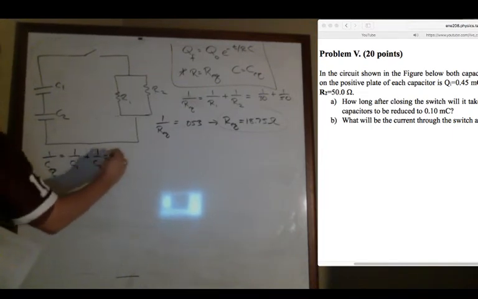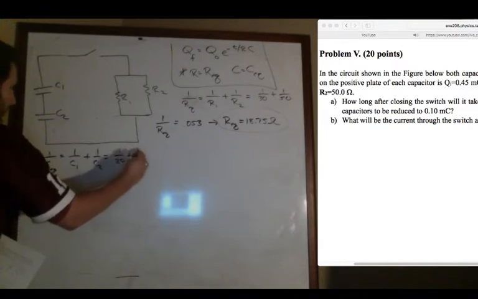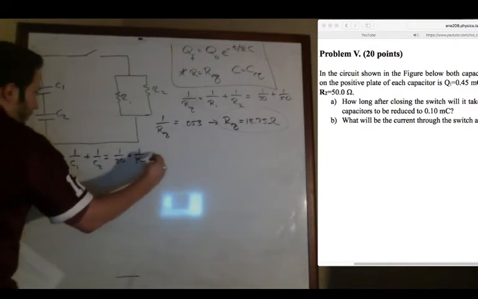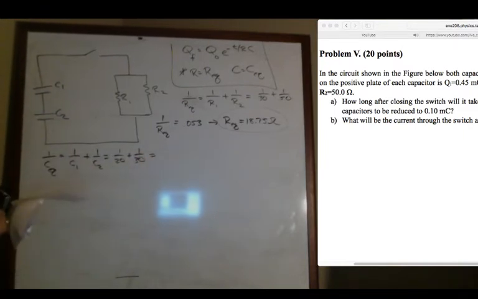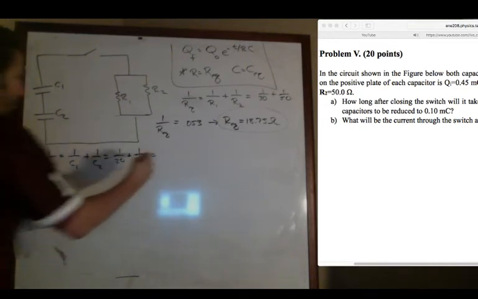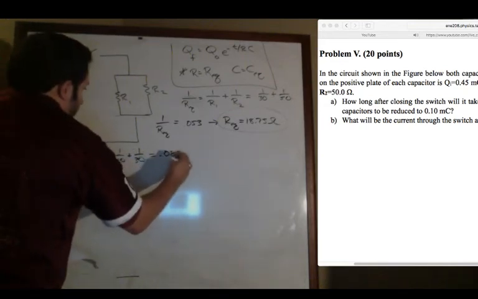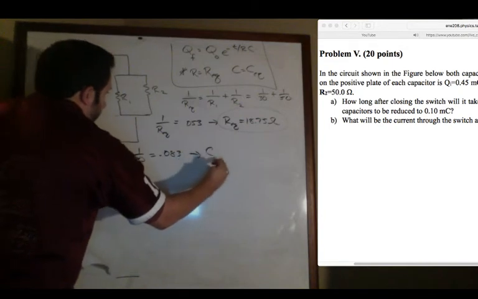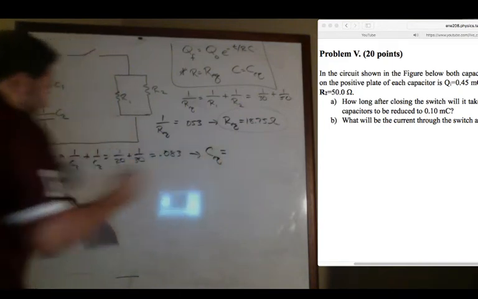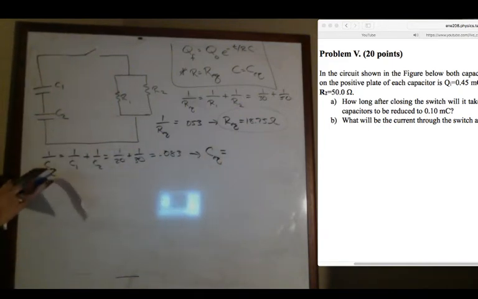So this is going to be 1 over 20 microfarads plus 1 over 30 microfarads. Let's go ahead and throw that into our calculator. 1 over 20 plus 1 over 30, and it's going to be 0.083. And so flipping that, your equivalent capacitance is going to be 12